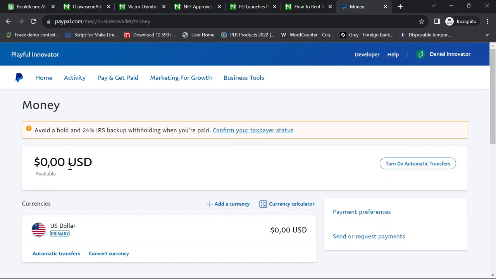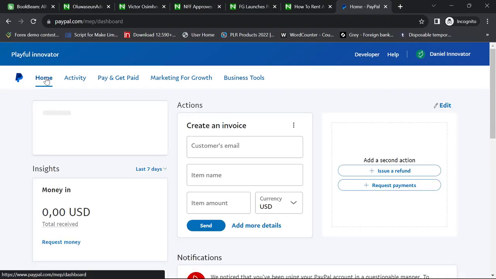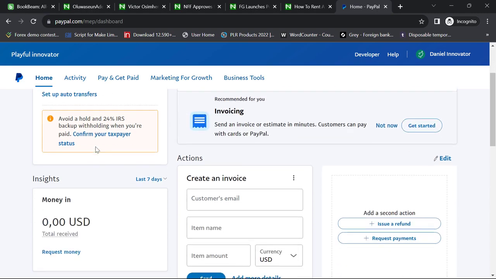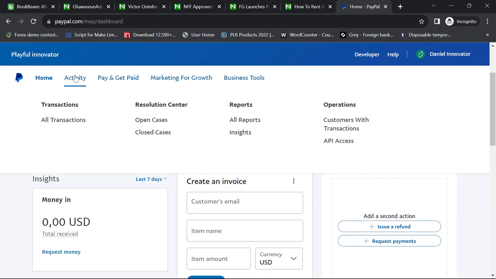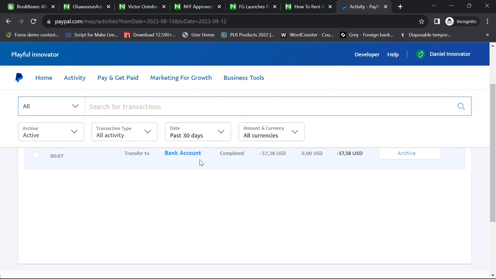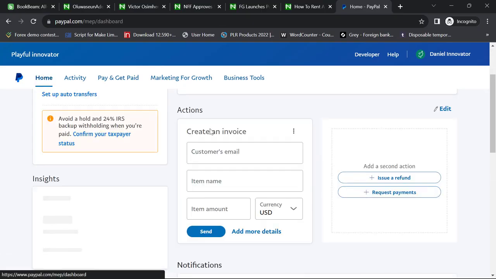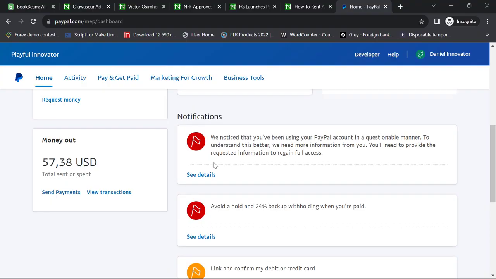You can see now the available balance is $0. Let's go to the account balance. You can see there's no money in the account again. Let's go to the activities. You can see the money that I've just withdrawn, say bank account completed. You see the money. And then to let you know the status of this bank account, you see,